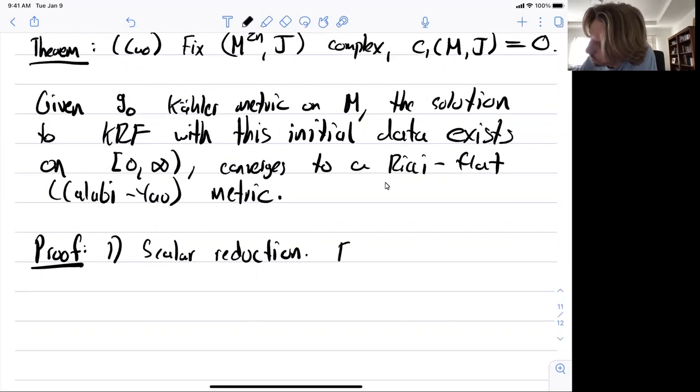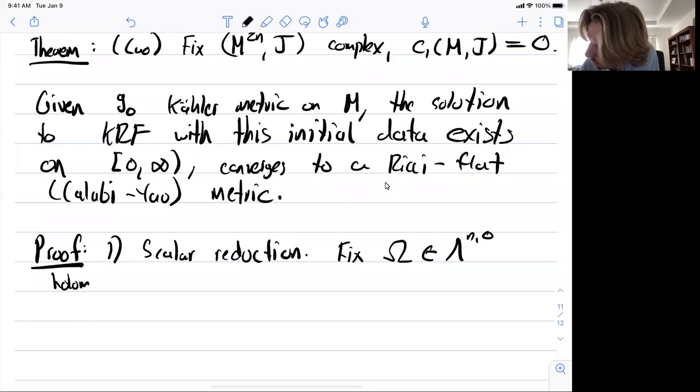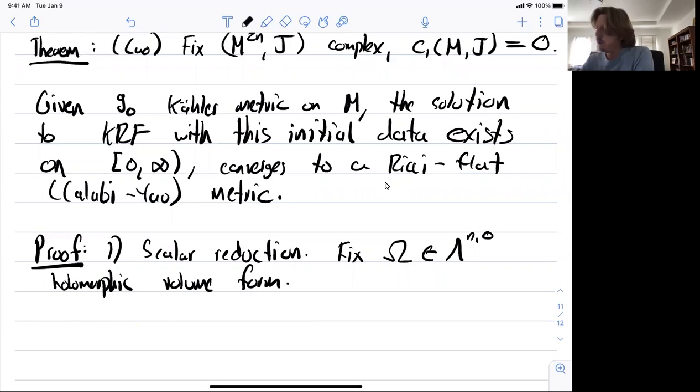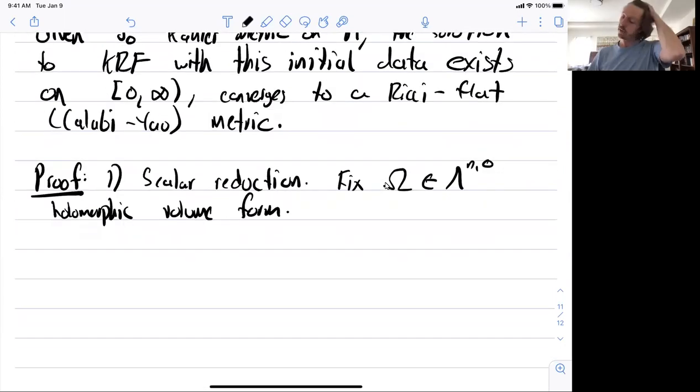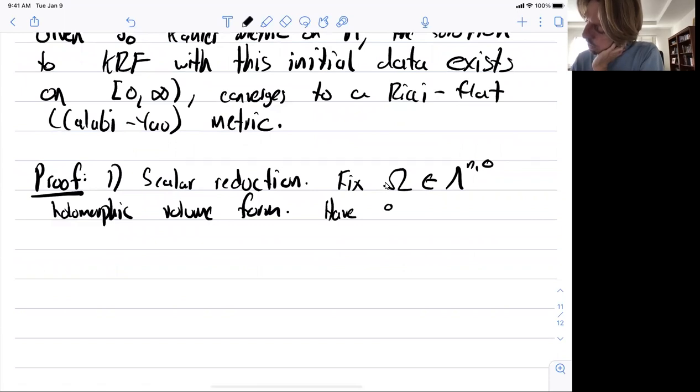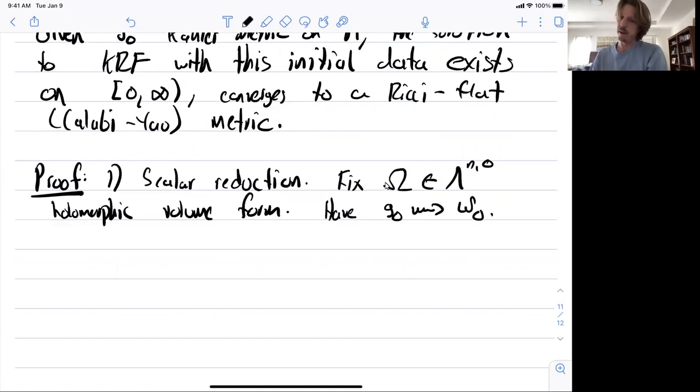But just for concreteness, let's fix Omega in Λ^{n,0}, so this is a holomorphic volume form. We also have the initial metric G naught, which determines for us the initial Kähler form omega naught. And let's suppose